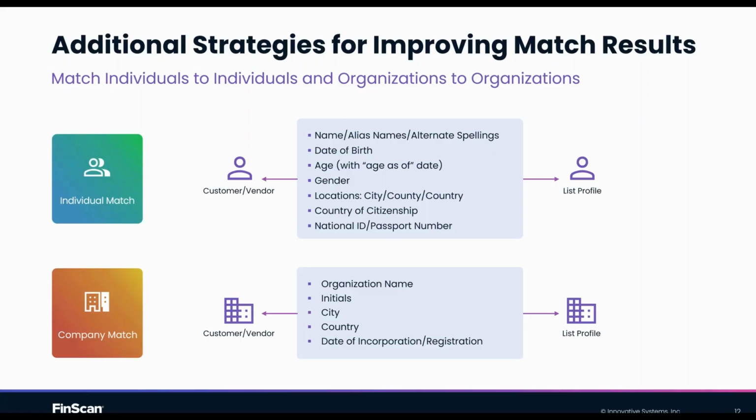Simply by saying ahead of time, this is an individual, please only screen this against individuals on the sanctions list. This is a company, please only screen it against companies on the sanctions list. It is going to give you immediately some very easy false positives to eliminate. You can just simply say, there is no way that this person could be that company or that company could be this person. They are two completely different types of entities.